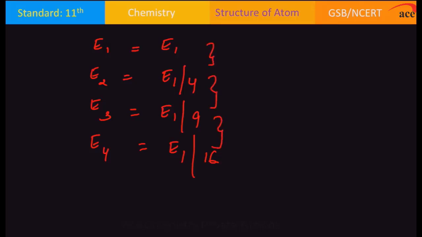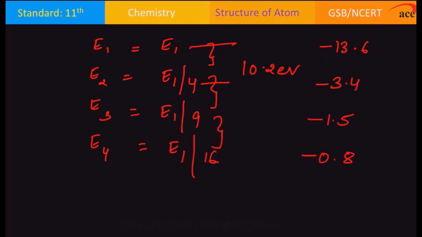Now what it means, if you see the difference is not same, difference is changing. Can you tell me what is the difference between this and this? Just now we did it. Correct. How we got this? What was the next one we found? You need to learn this by heart. Can you tell me what is the difference between these two? 10.2. Can you tell me what is the difference between the second orbit and the third orbit? Now you will find here the difference is going to be less.